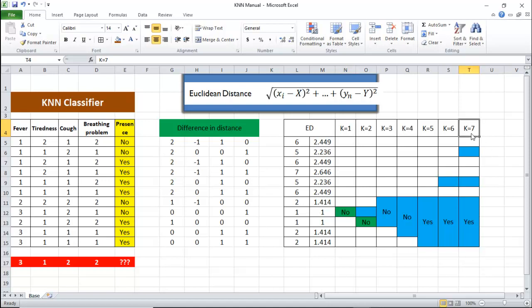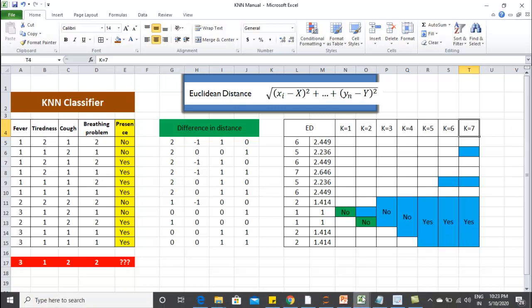Let's say if K is equal to 7, the system will take 7 different entities into consideration to arrive at a decision. It will suffer from low variance and a high bias. Why low variance? Because it takes input only from the algorithm, and hence it suffers from a very high bias, and the data set is not going to impact too much.